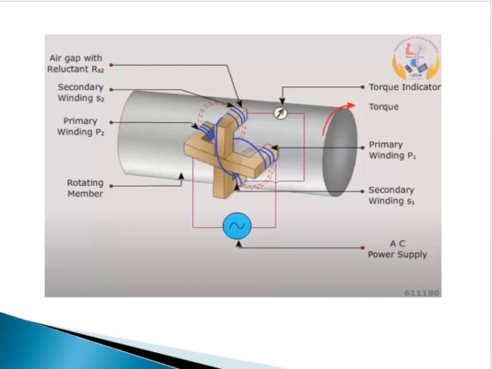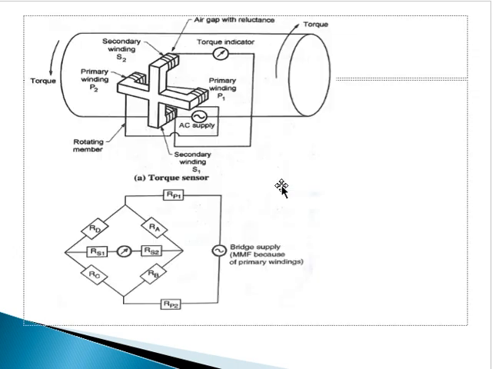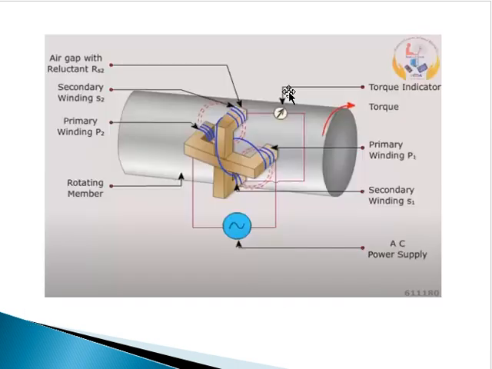I think you may have seen this. This is an animated diagram of the same thing. Suppose the torque is in this direction; this may be considered as compression and this as tension, which is exactly opposite to the compression. What will happen when the shaft is not loaded? When the shaft is not loaded, the permeability of the shaft is uniform.